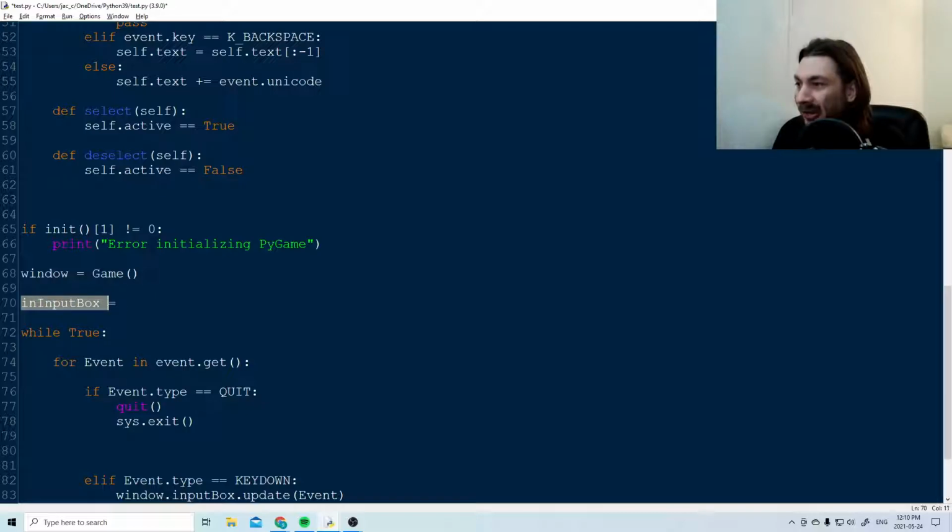So I'm going to call it is input box, which is just going to check whether or not that point is in an input box. But the function that it is from the window, get its input box. Then we need to get the input box's rectangle, and from that, actually we need the background rectangle,